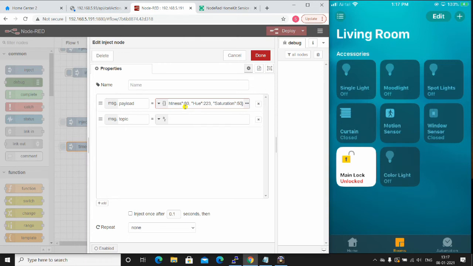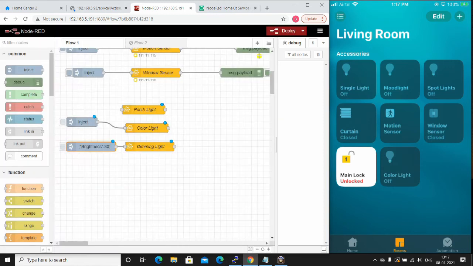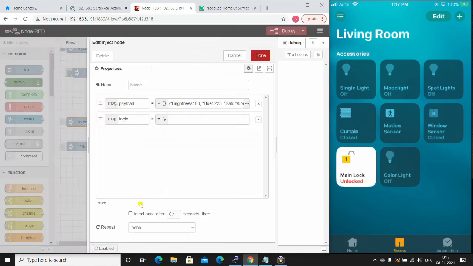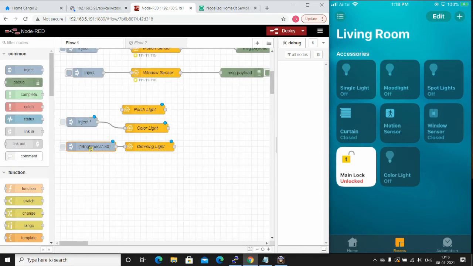For dimming, we don't need hue and saturation, we only need the brightness parameter, so we are removing the rest of the parameters. And I want these to be sent one second after Node-RED is initialized, so I'm giving that condition also.